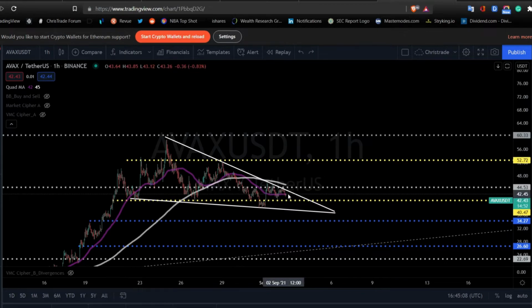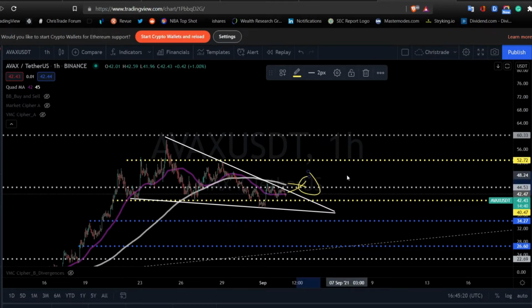Now, what is also very interesting is, again, you could see the 50-day moving average crossing over the 200-day moving average. So again, very bullish sign itself. So what I'm saying is this: it does not appear that momentum has actually stopped. With AVAX, it is potentially looking to play a very, very strong bullish move here. Again, drop down there and shoot back up. That's what I'm looking for, and that's what you should be looking for.